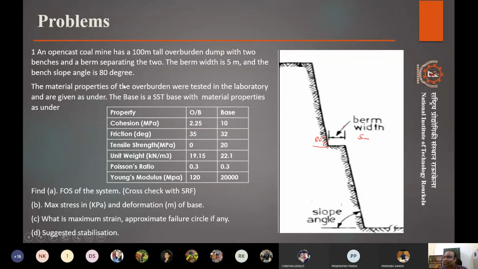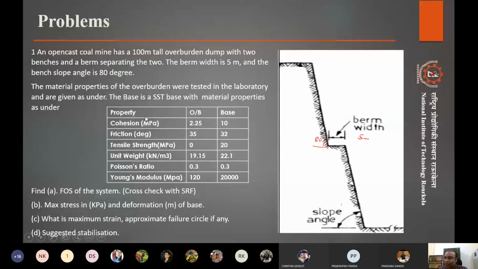Since no other things are given, like there is no loading given, or field stresses, because this is overburden material, so field stresses won't be there. Even for the base, it is not given. So we'll consider it as body stresses only. That's it. We have this much information.